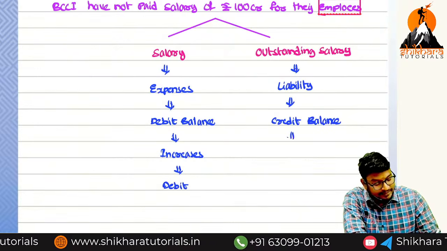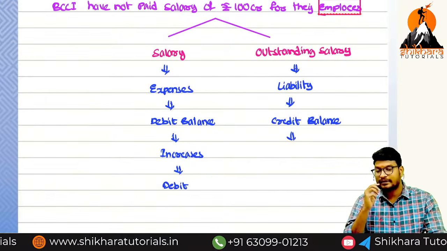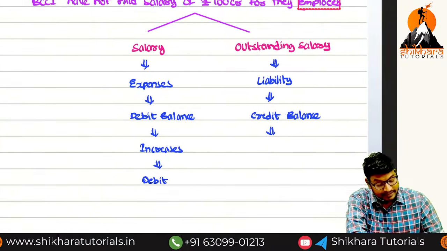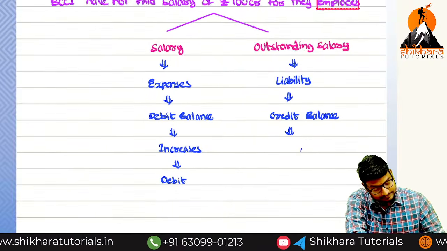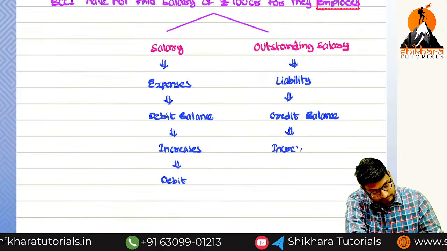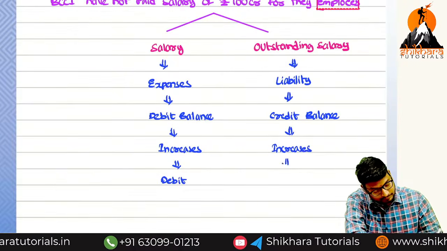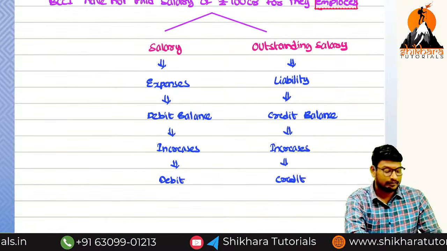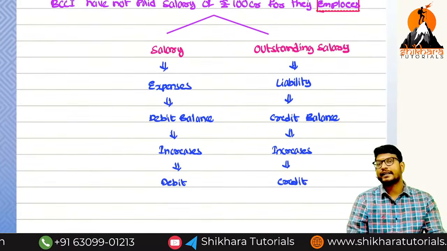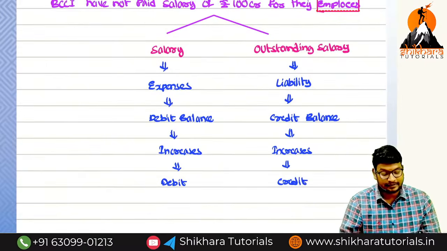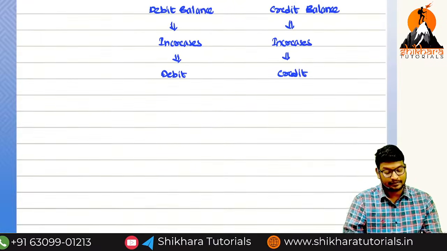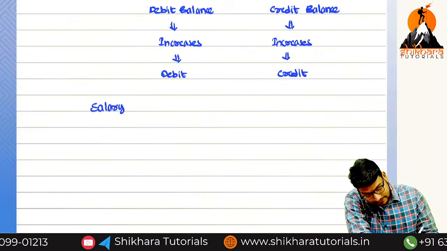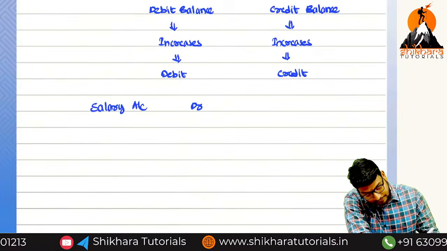Now liability is created. Because the liability is created, will the balance increase or decrease? Increases. So if the credit balance increases, what do we need to do? Credit. So what is the entry? Salary account debited to outstanding salary. In general, what is the entry we have to write? The entry is salary account debited to